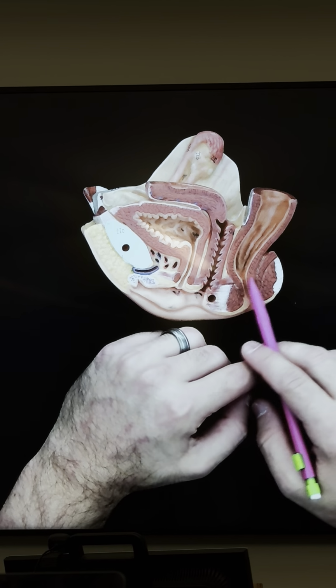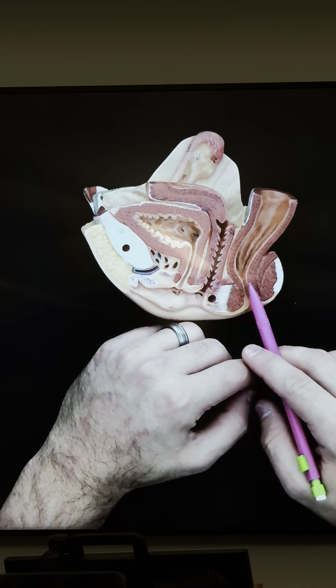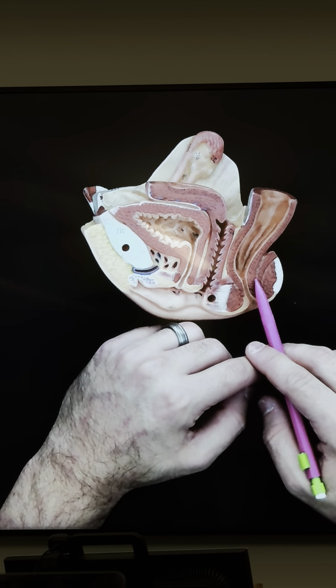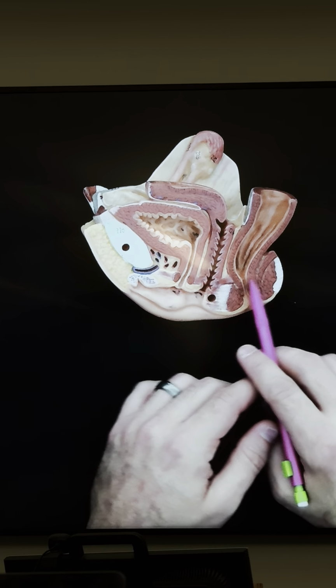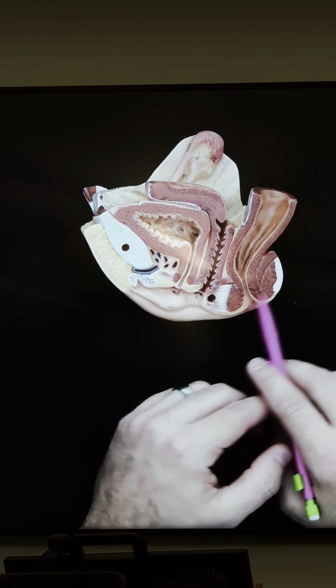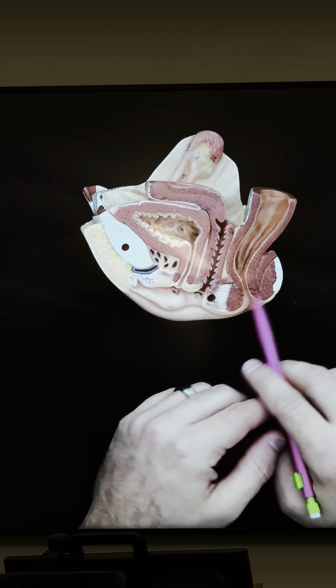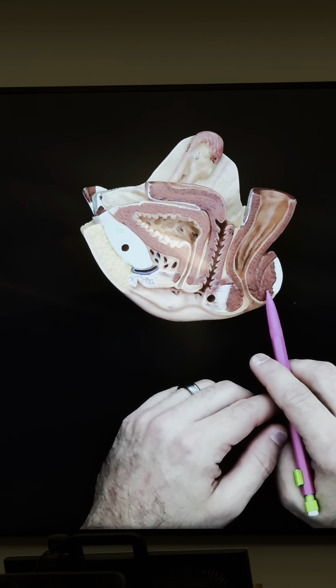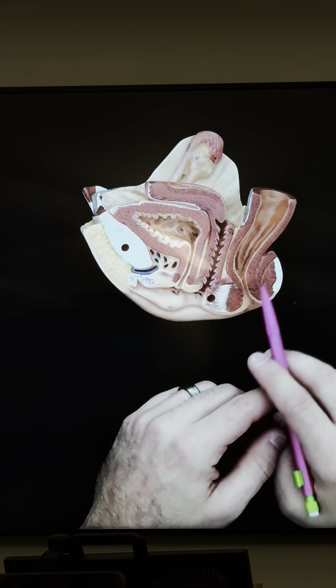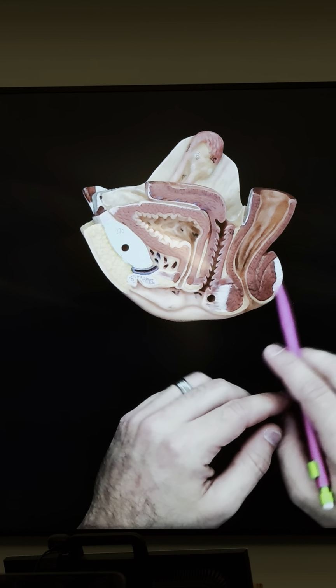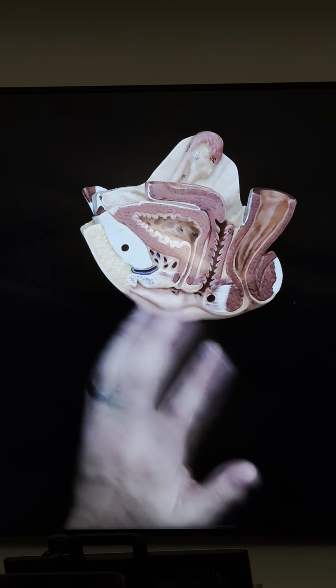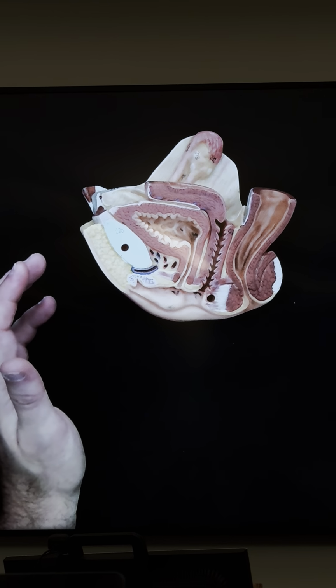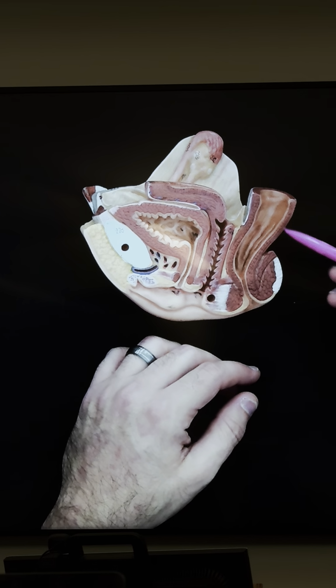But the internal anal sphincter, smooth muscle, does a little bit to keep you from pooping. What really keeps you continent your whole life is your external anal sphincter, made up of skeletal muscle. This external anal sphincter will only relax when your spinal cord tells it to, and then you will poop. We'll get to how you actually defecate in lecture on Monday. So: rectum, internal anal sphincter, external anal sphincter.